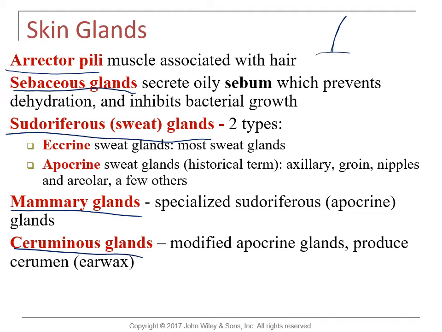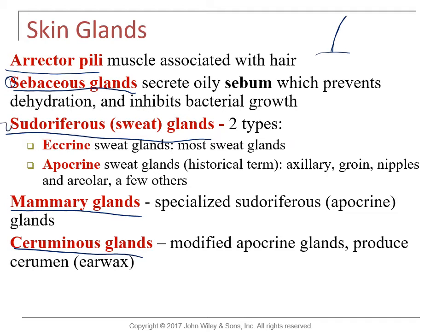Okay, so first let's talk about the sebaceous glands, or oil glands. Those are simple branched acinar glands. Remember, the acinar were the ones that are rounded, right? With few exceptions, they are connected to hair follicles. The secreting portion of a sebaceous gland lies in the dermis and usually opens into the neck of a hair follicle. There are 3 to 4 million